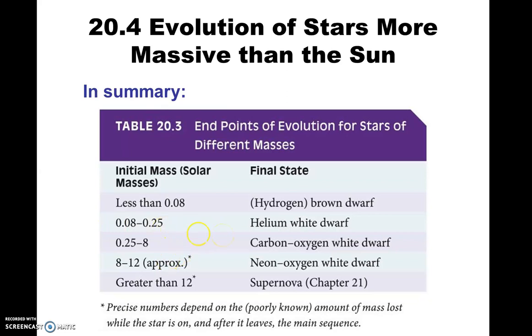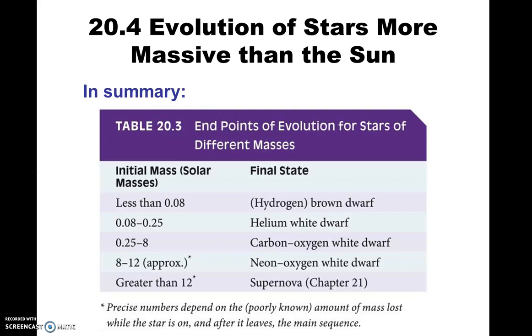So let's go over this table real quick because it's kind of nice. It just summarizes everything we've come to understand up to this point. If you're less than 0.08 times the mass of the sun, it's never going to become a star. That's what we call a brown dwarf. Anywhere from 0.08 to a quarter the mass of the sun,